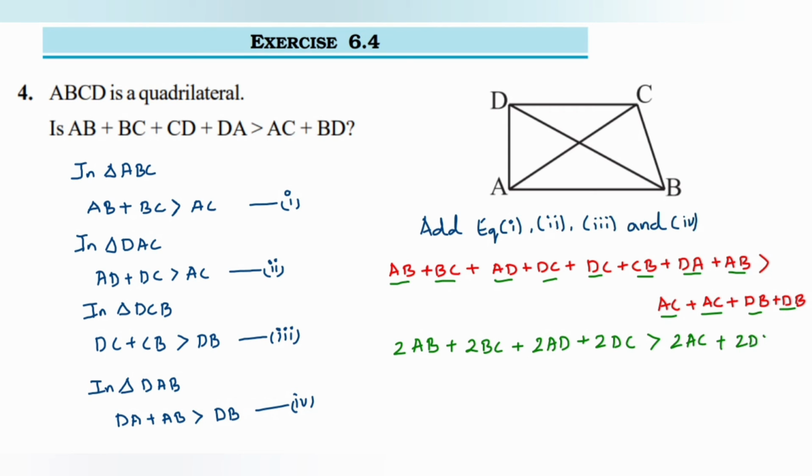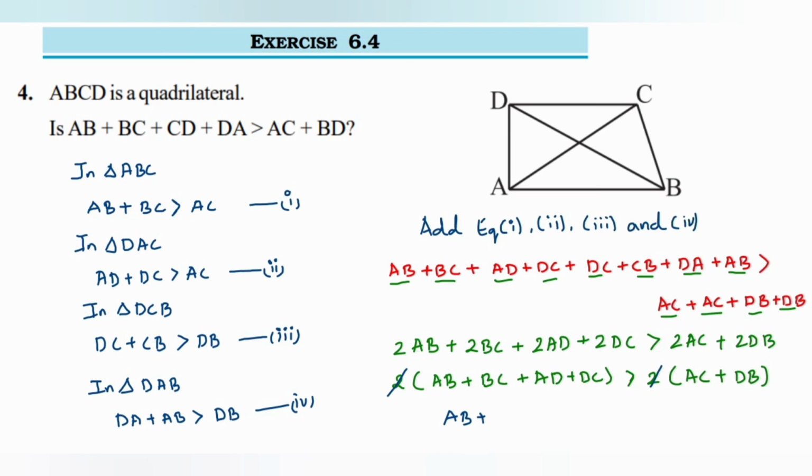If you see, 2 is present throughout the equation, so we can take 2 common, so we'll get 2 outside, and in the bracket AB plus BC plus AD plus DC. This is greater than, again here we'll take out 2 common, so we'll get AC plus DB. So we can cancel 2 on both sides, or you can transpose 2 to the other side, which are both the same. So we can cancel this 2 and this 2, because 2 is present on both sides. Now we are left with AB